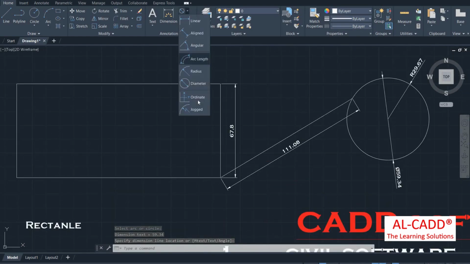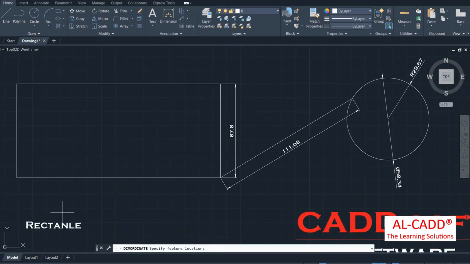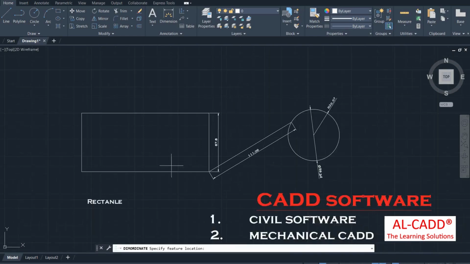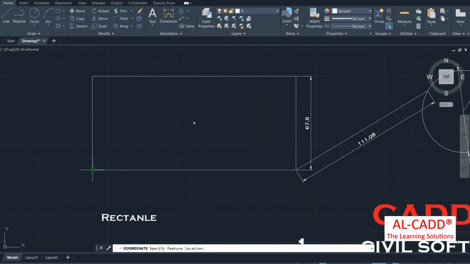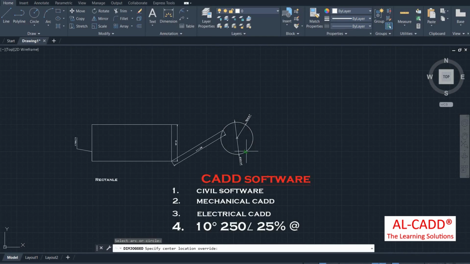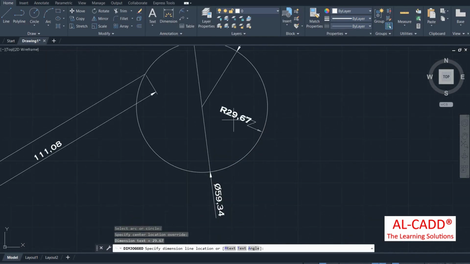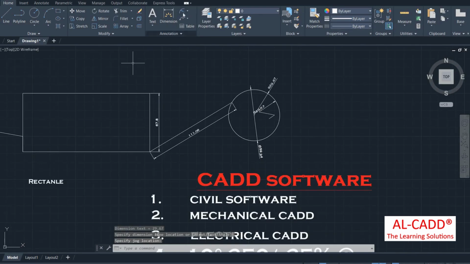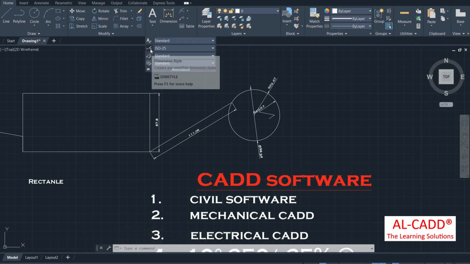So same like if you want coordinate points, the coordinate points is nothing but the ordination of that particular location. If I click on this, now it shows the ordinate point for that. And the jog is nothing but it shows the radius of a circle and the arc in a jogged shape like this. So if you want to make changes on the dimension, then you can click on the dimension style